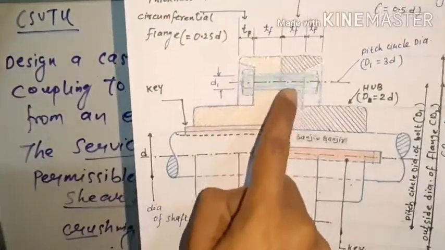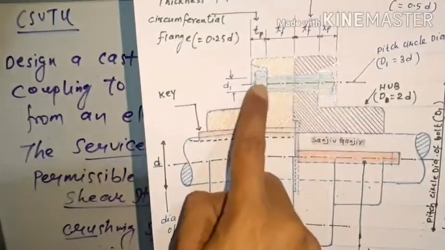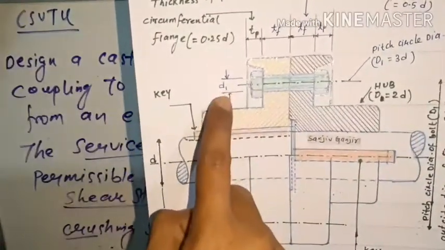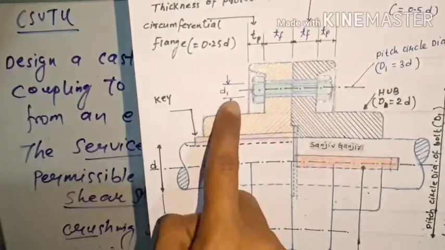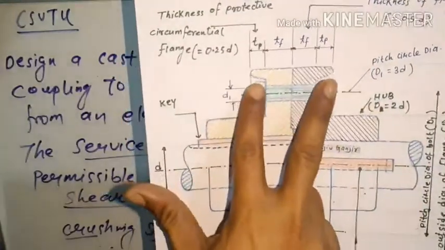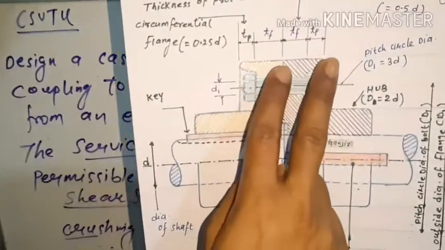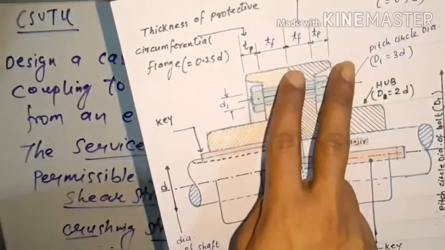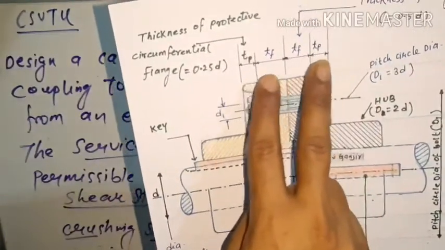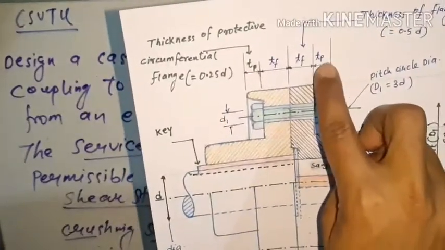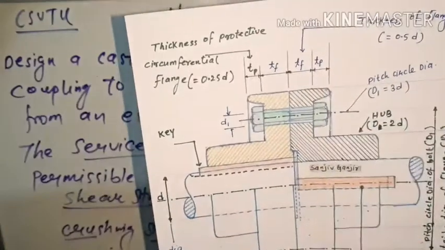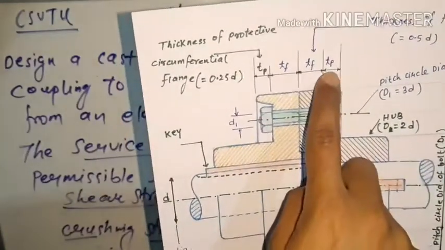Here you see a nut and bolt arrangement, and the mean circle diameter of the bolt is d1. Now we can move to the upper section. Here you see that two kinds of thickness are used. One is the normal thickness of the flange, and the next one is a very important point of the protected type flange coupling, because